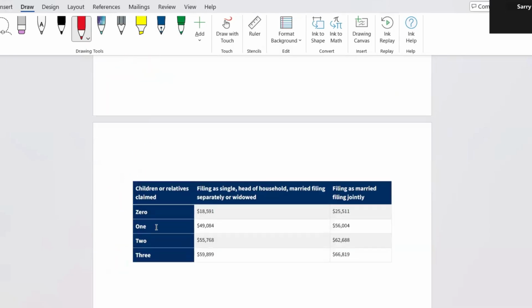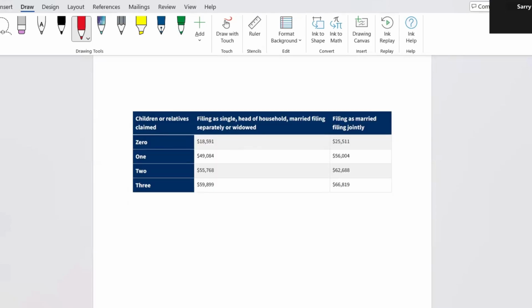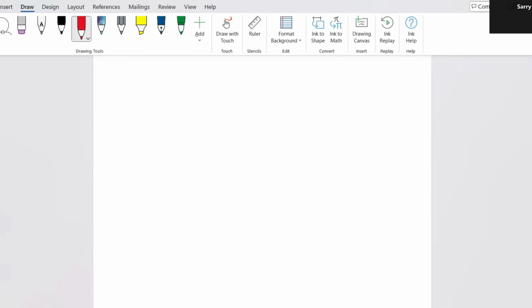And here's kind of the breakdown right here. If you have 0 children, you file single, it's $18,591. And then married filing jointly is a higher amount. Of course, it's a higher amount. So in this case, Jim has $16,000. He has no dependents or qualifying children. $18,591 is the limit. His is $16,000, so he qualifies under this amount right here. And in this case, because he has no children, he has to be 25 years old to 64 years old to get the credit. So understand the rules for EIC.